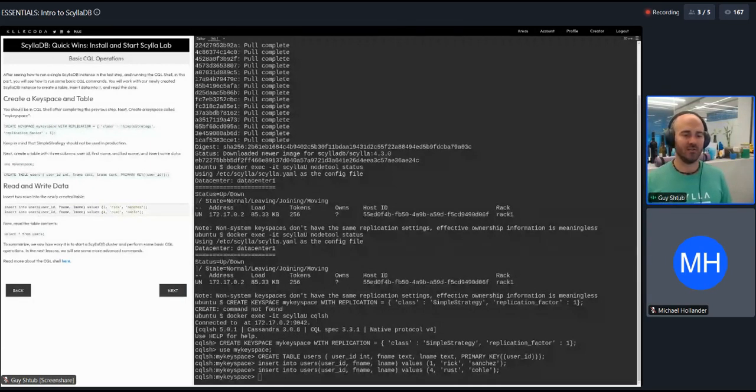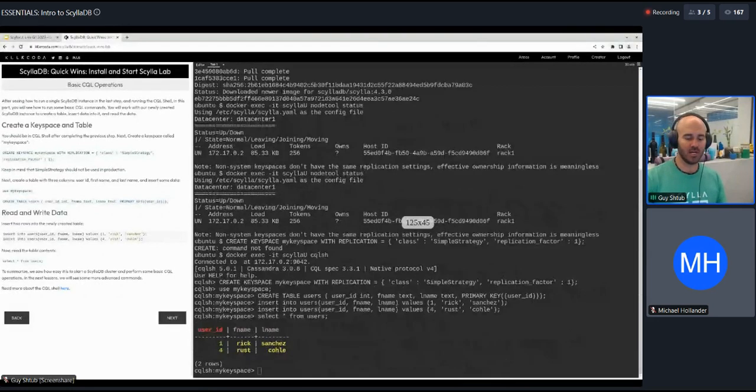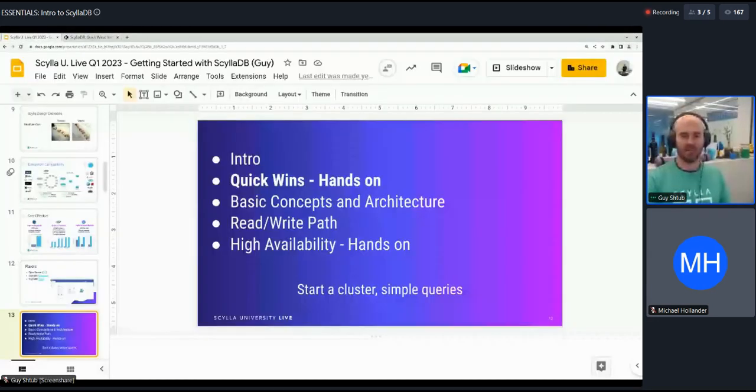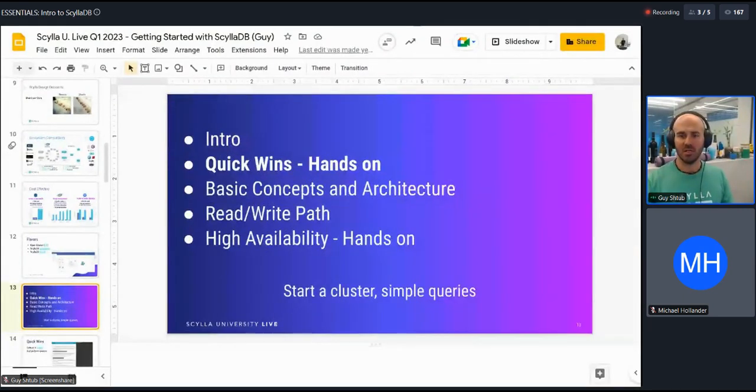And now if I select the data from this table, I perform a read query, and I can see that the data was indeed written to the table and that I can read it. Okay, so that's a very simple getting started lab, just to show you how easy it is to get up and running with ScyllaDB. And now let me go back and explain some of the concepts that we just saw,